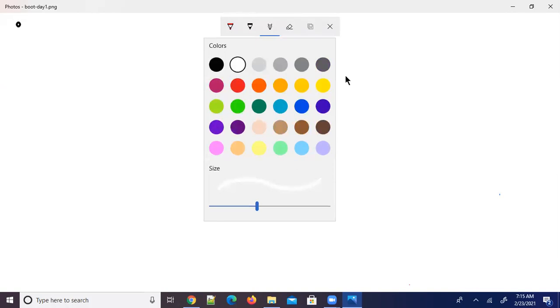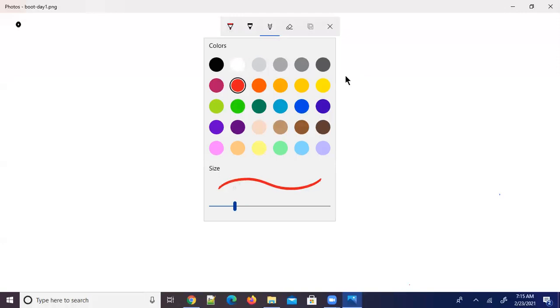Look at me, everyone try to understand. Say, for example, I'm writing one annotation like this.